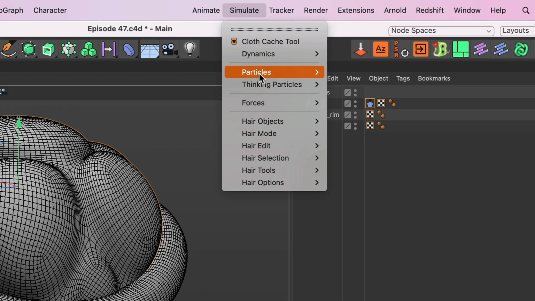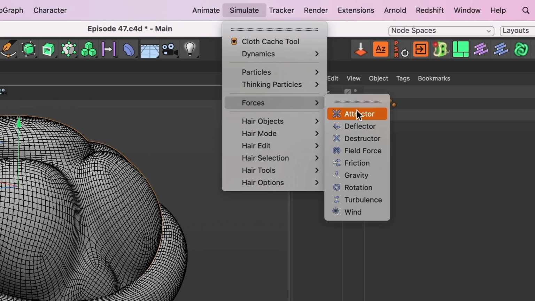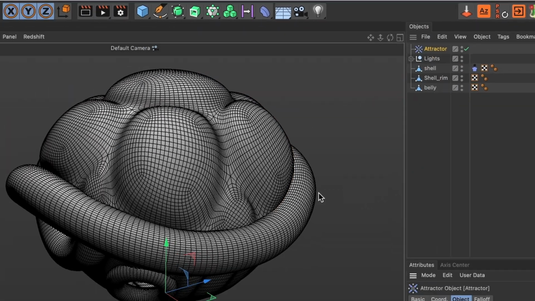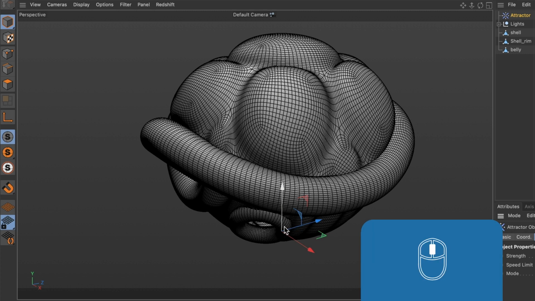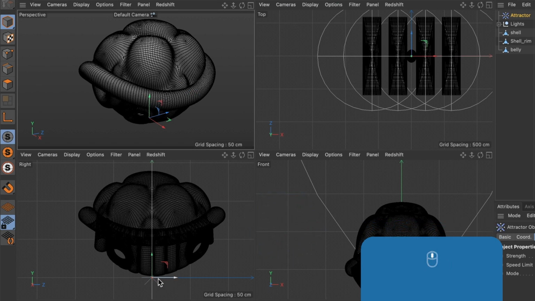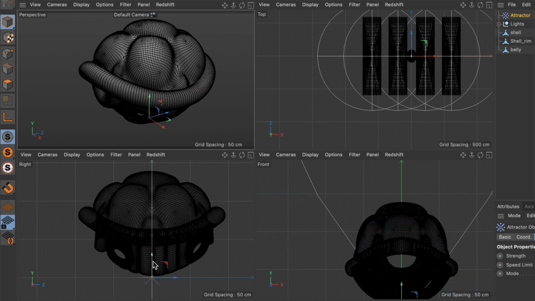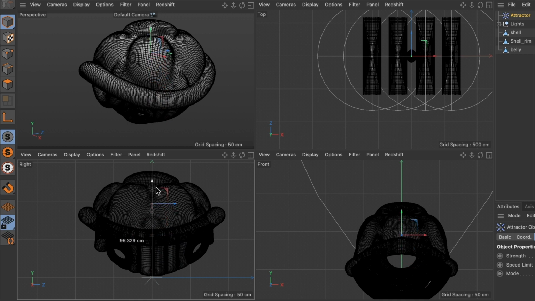Under Forces, select Attractor. It will be positioned in the center of your scene. However, I want to move it to be inside the center of my shell. I'll press the middle mouse button for my window preview. I will then move my attractor up towards the center of the shell. Perfect! I'll head back to my perspective view